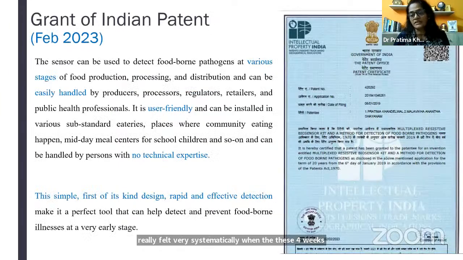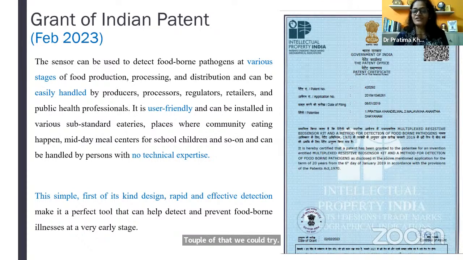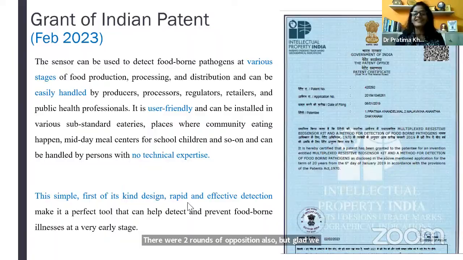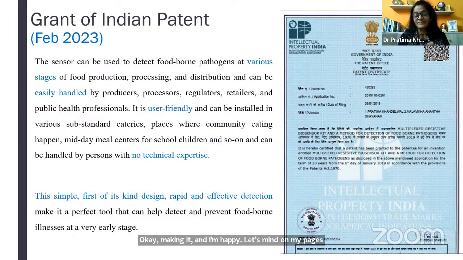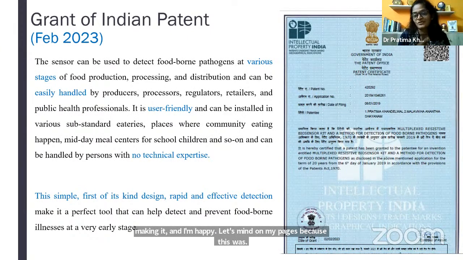And this is what our patent could come. A couple of months back, we could get it granted. There were a lot of challenges. There were two rounds of opposition also, but glad we could work it out and get it granted. And I'm happy. The smile on my face is because sometimes we get some very bright students